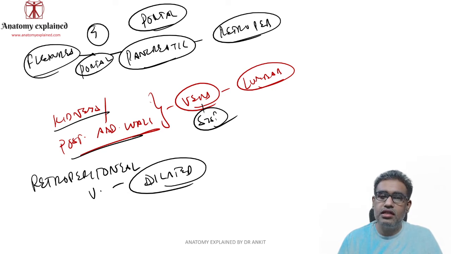Normally they don't pose much of a problem. But if the surgeon is unaware, and you are doing any procedures in the retroperitoneal area, then there could be some bleeding if you don't notice that the patient is a case of cirrhosis or a case of portal hypertension. So you have to learn that also. It is also important, retroperitoneal areas.